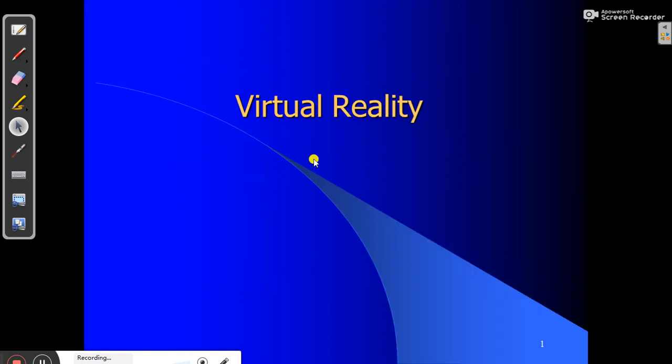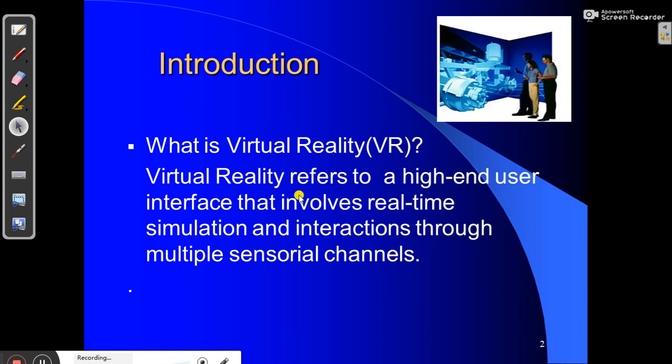Virtual reality is a very emerging topic in the field of computer graphics. So what is virtual reality? Virtual reality refers to a high-end user interface that involves real-time simulation and interaction through multiple sensorial channels. Sensorial means these are the input channels. Through those input channels, you can give inputs, interact, or simulate an environment which might be real time. So virtual reality gives you a user interface which is high end,